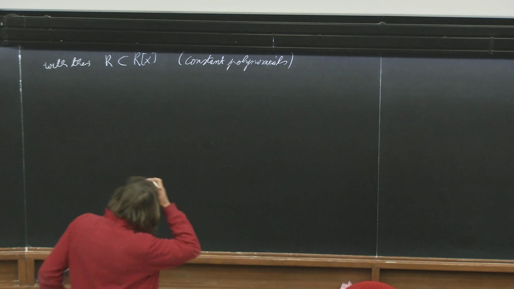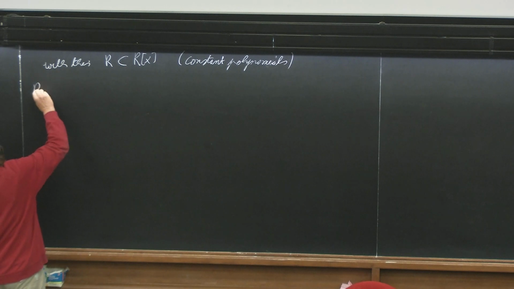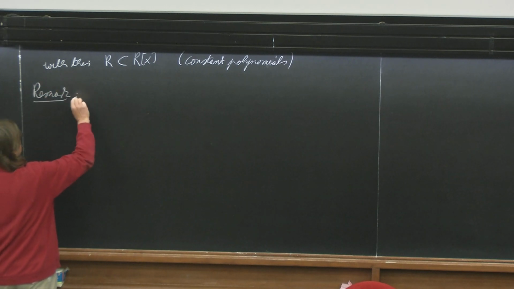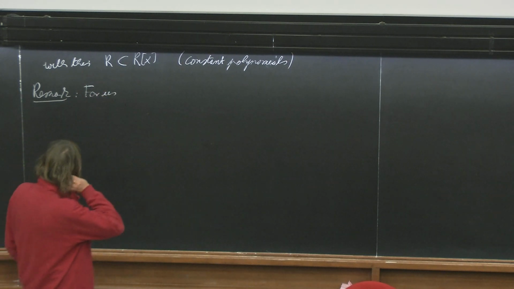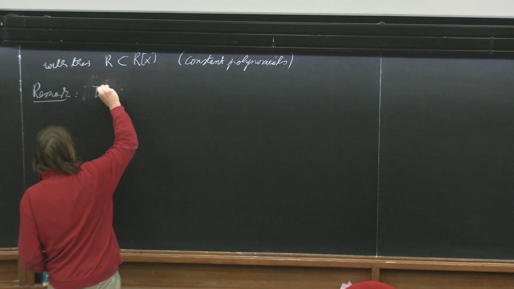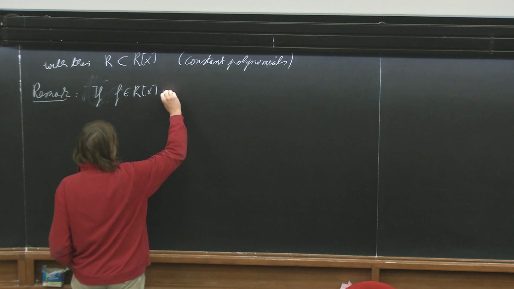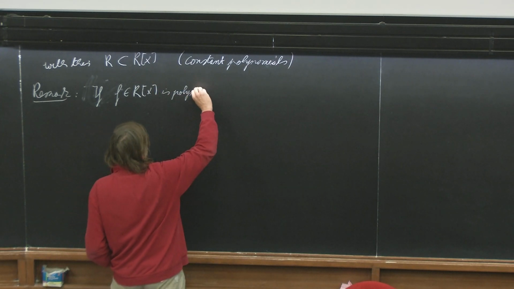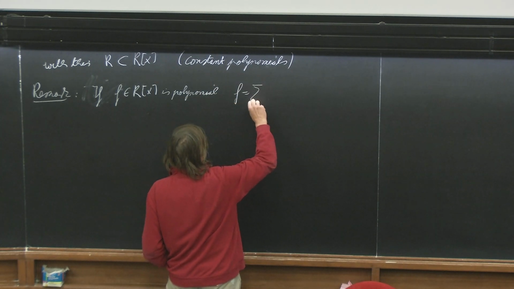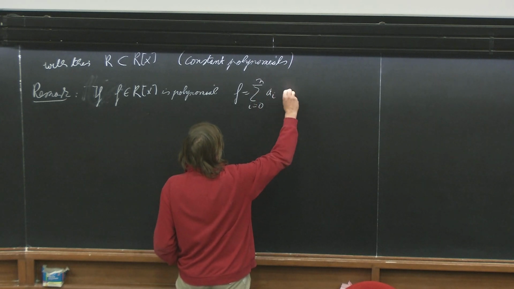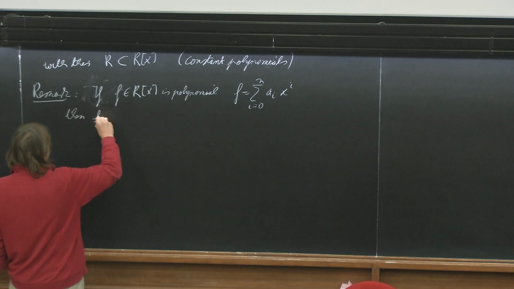I should maybe remark, I had already remarked this, that for us, if we have a polynomial f in R[x], say f equal to the sum i equals 0 to n of ai x to the i, then obviously f defines a map